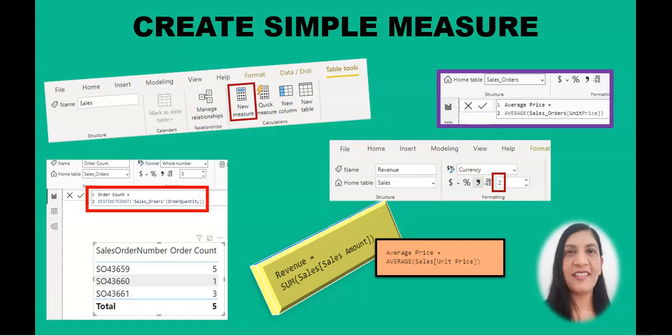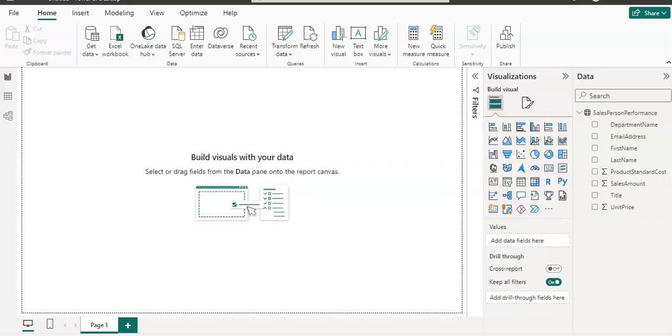Now, a measure cannot reference a table or column directly; they must be passed into a DAX function. Without a DAX function, you cannot create a measure. Okay, so these are the facts about measures. Let's get started. I'm going to open Power BI Desktop so we can create some simple measures. I'm going to use